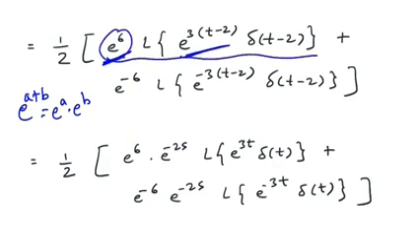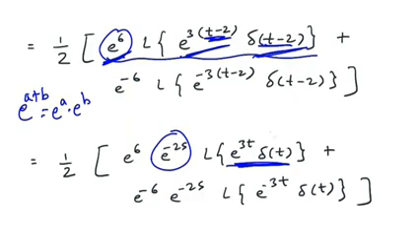So the constant part is taken outside and the Laplace of e raised to 3 into t minus 2 into delta of t minus 2. Now we have to note here, at this part t is shifted at the same position, t minus 2. So now you can use the Heaviside shifting property and you can say that I can take e raised to minus 2s outside and I will fix the bracket. Now the time is at origin, so Laplace of e raised to plus 3t into delta of t, you can find it easily, right? There is no problem.